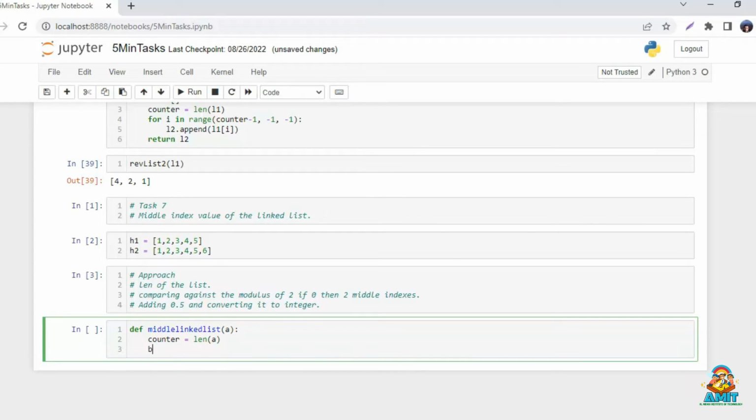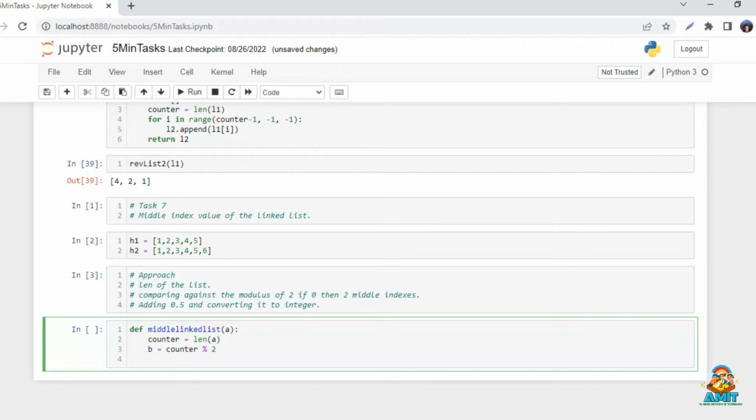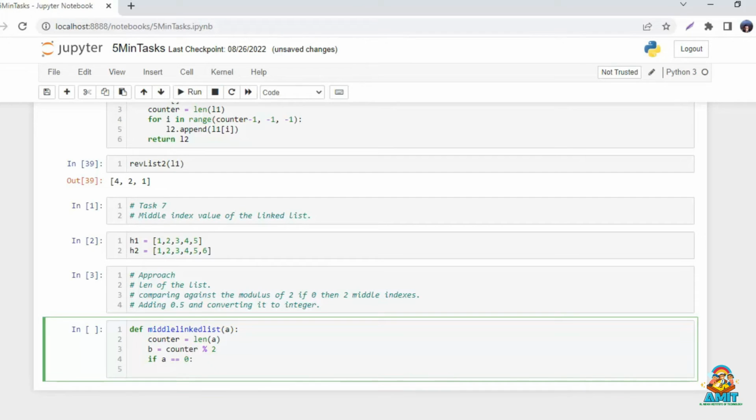And b is going to be counter modulus 2. So if b is equal to 0, we would calculate c equal to integer counter divided by 2,